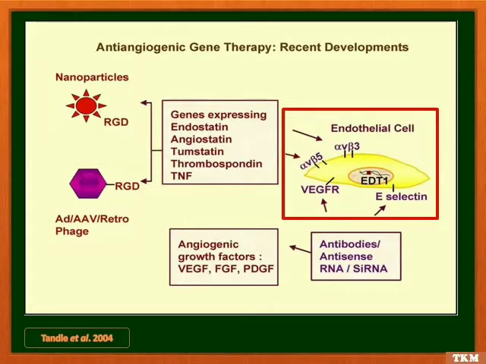To target the angiogenic genes to tumor vasculature, the inhibitors can also be selectively expressed in endothelial cells using endothelial cell specific promoters like endothelial 1,